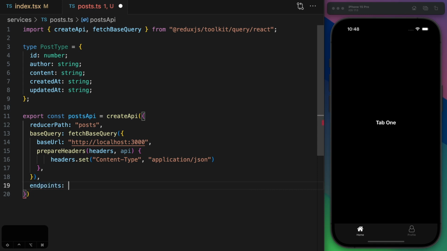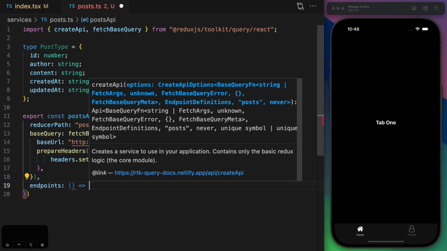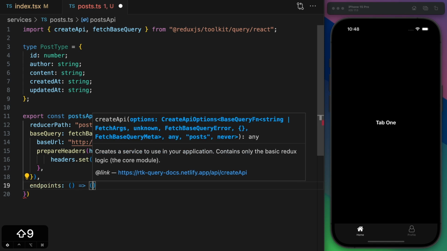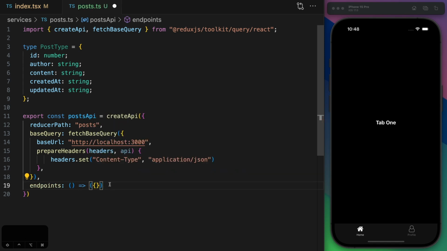And endpoints, this is going to actually return a callback function that is going to allow us to declare some endpoints. So for example, we could have something like posts, we could have something like users, and those are going to be endpoints, right? And based on those endpoints, we want to perform operations like creating, getting, updating, and stuff like that. Cool. Now, before we jumped into the endpoints, I just wanted to mention, guys, that here you can have more things